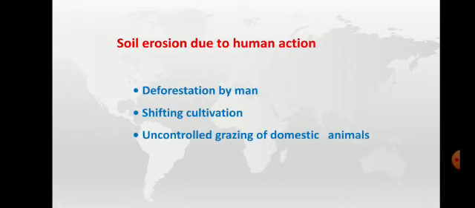Next we'll see uncontrolled grazing of domestic animals in the valleys and the upper slopes. So here cattle are allowed to graze. In one area itself the cattle will be grazing. Finally the cattle will pull the roots of the grass, till then they will be grazing, isn't it? So that leads to the loss of the soil and it also leads to soil erosion.